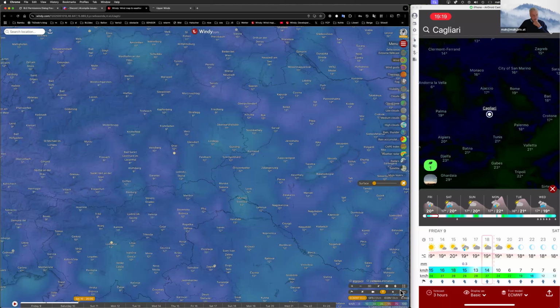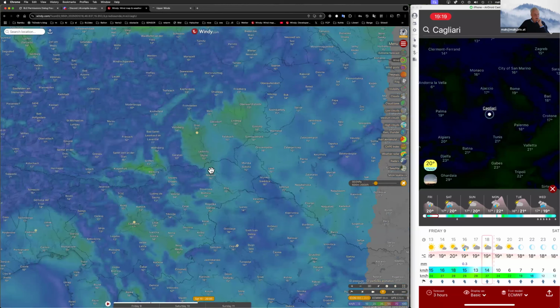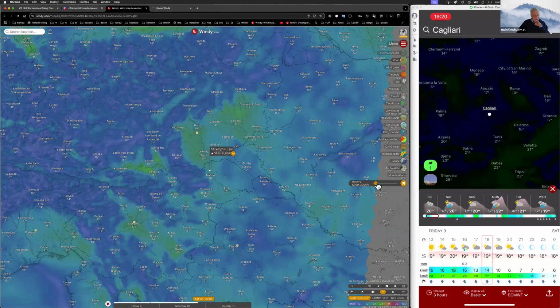Let's choose a decent model like ICON D2. Let's go back to Maribor. And now let's move the slider here. Now we're at 600 meters. You see? 14 kilometers, and at the ground, unfortunately, this location picker is a little bit fickle and tends to go away. But you see,